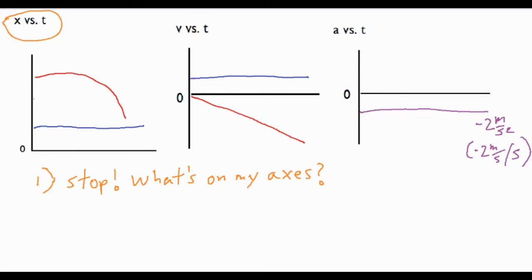All right, so after taking a look at step number one, you want to make sure you stop for a second, take a look at what's on your axes. Are you taking a look at position in time, velocity in time, or acceleration in time? And then number two